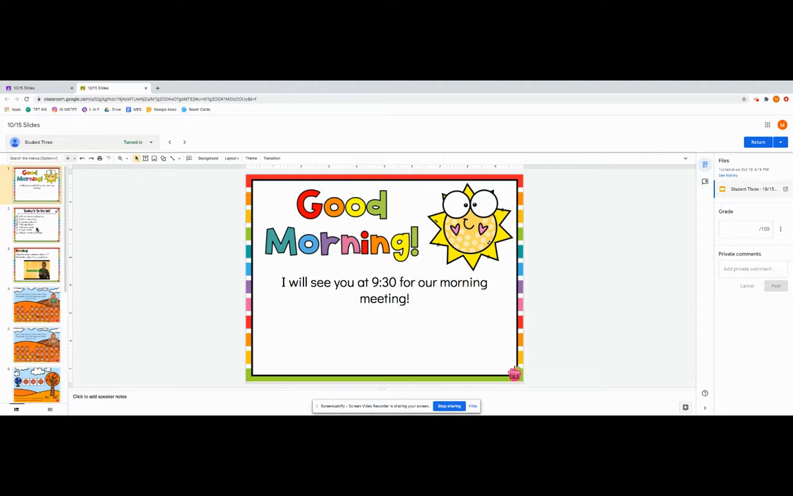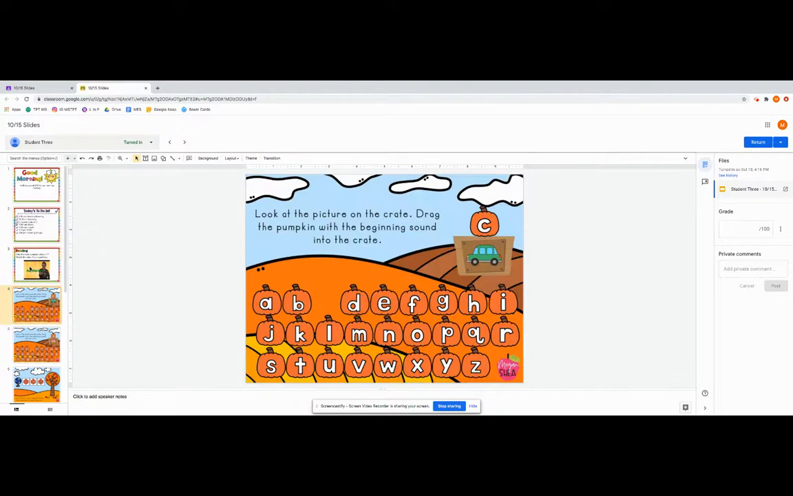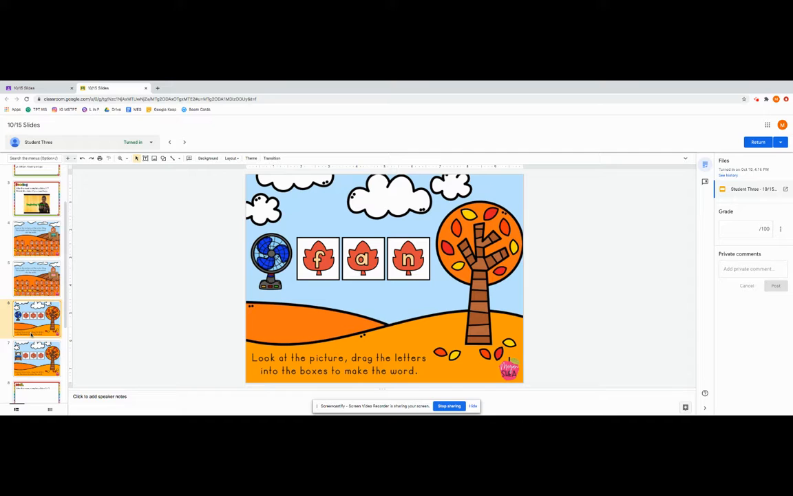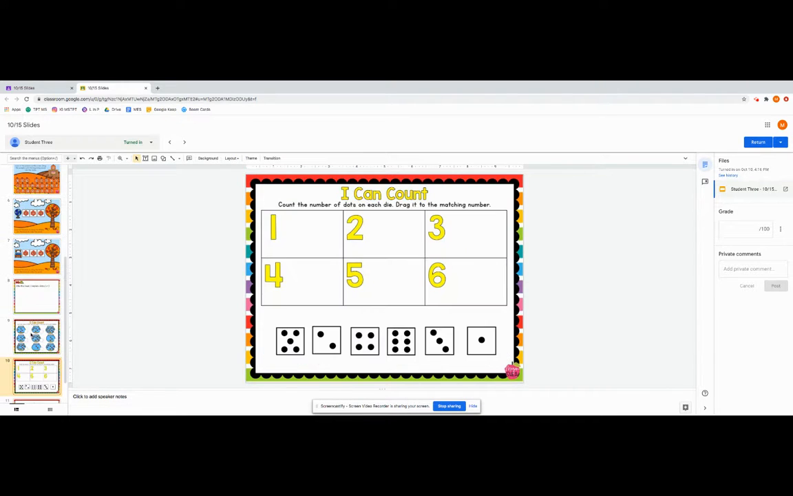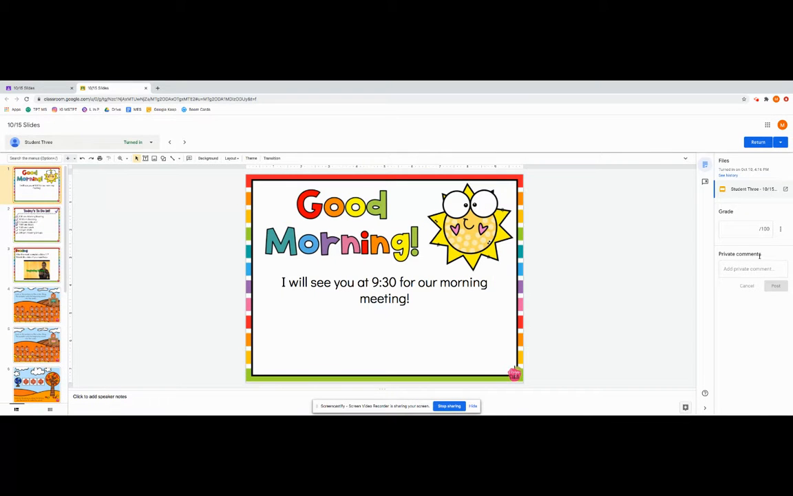So now I will see it says turned in, so I know which students turned it in and which students did not. So I see that this student has completed 4 of the check marks, not all of them, so I'm going to see if they completed all of their work. Looks like they completed this. They completed this one. They did their 2 CBC slides, but they did not complete their math slides. So what I would do for this student is I would say,